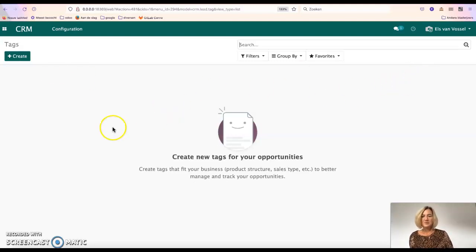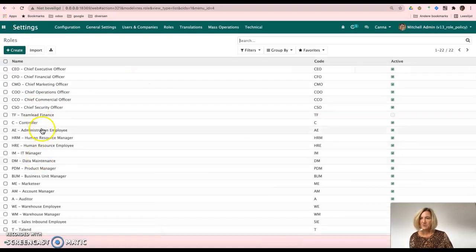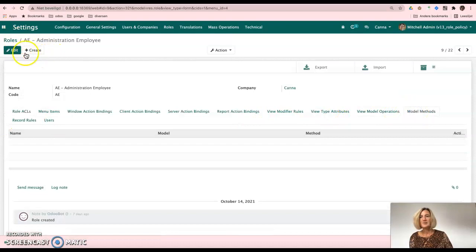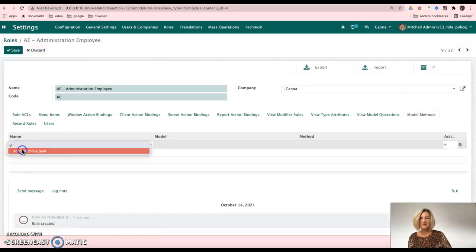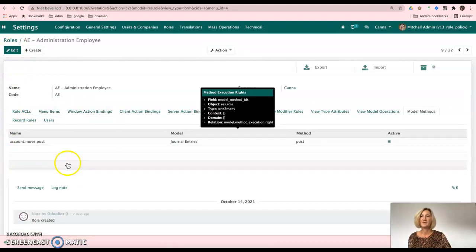Just let me tell you something about the power of model methods. As AE, I cannot post. I will add a develop method for posting, and only then I will be able to post. This is